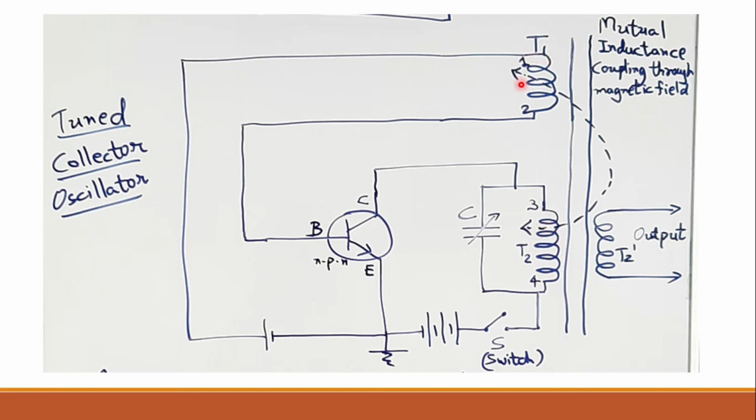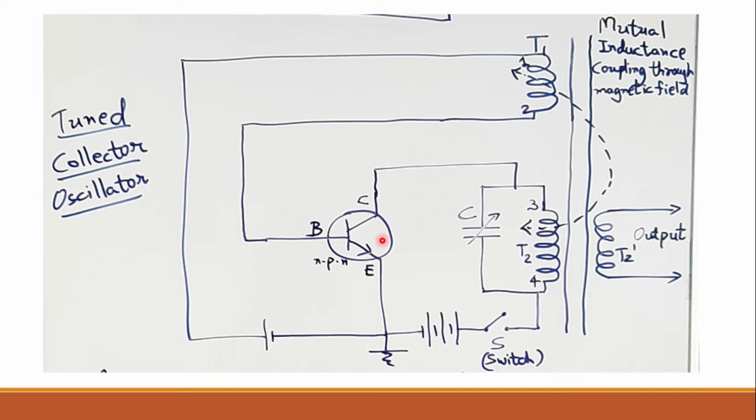So it starts decreasing. That means IB will also start decreasing, right? So this decrease is multiplied in collector side or output side, which decreases more IC, right? So this IC will decrease, again this IB will decrease, again IC will decrease, again IB will decrease, right? And this will continue until IB reaches below cut-in voltage, right, or the knee voltage, right? So now the IC will be 0 and IB will be 0, and this is known as the cutoff state of the transistor.